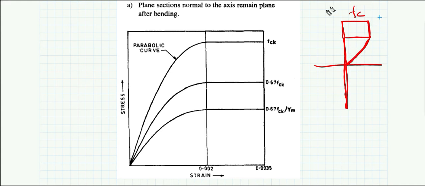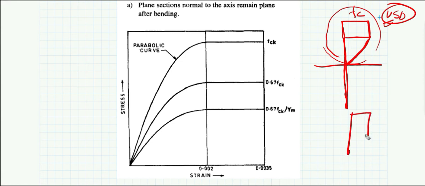Okay, so this kind of stress distribution diagram we are going to use for the limit state method of design. Here you can see that this is not the ultimate strength design. In ultimate strength design we consider the stress distribution diagram where all the fibers above the neutral axis are at yield strength, and in working stress we consider a triangular distribution where only the top fiber will be at the yield value, and the rest of the fibers are not experiencing the yield stress of the concrete.